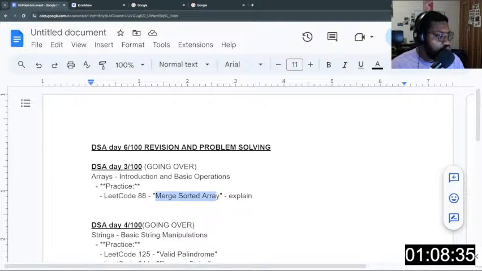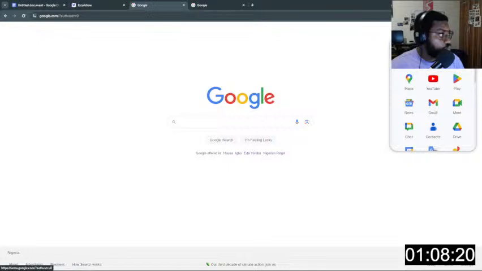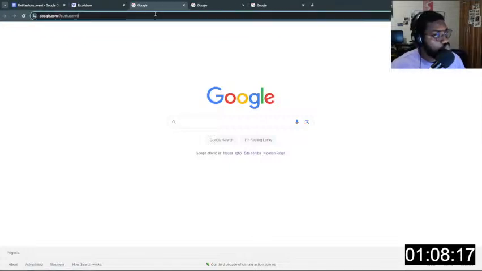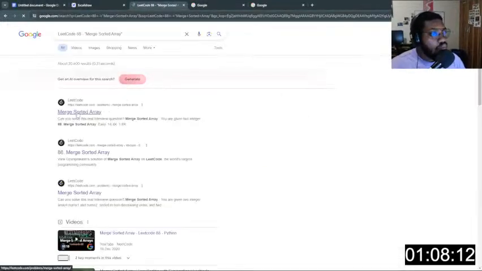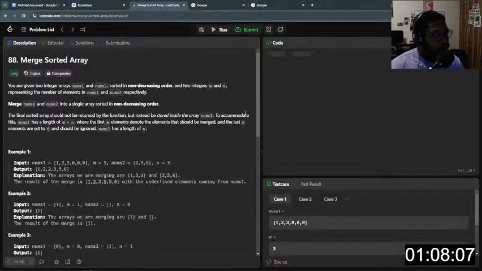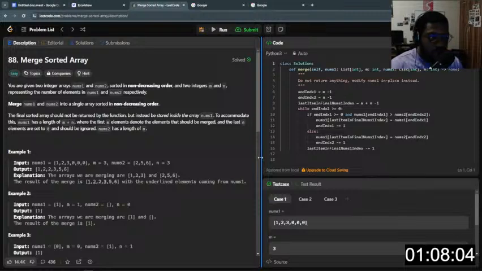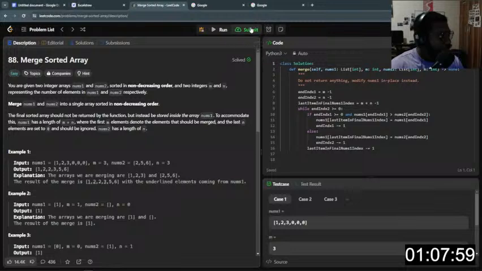Merging sorted array, right? I'll still go over the problem again and explain and see how well I do with explaining this, because I actually understand this question now. Just open this tab. I've already solved this question, but is there a way I can explain it in order for it to be easy to understand, right? Well, this is my solution here. If I submit this again,